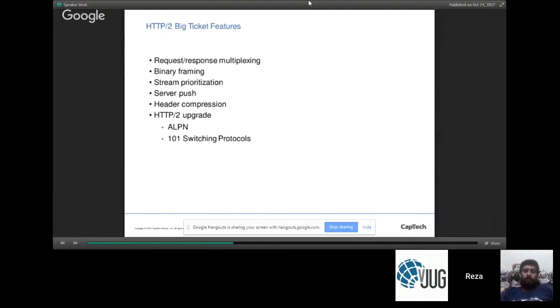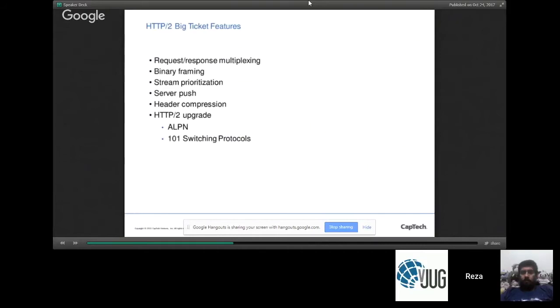Besides that, there's a bunch of other changes that have also taken place in HTTP 2.0. It's not just about multiplexing, although multiplexing is the biggest change. I'll talk about all of these changes, but I'll mention them briefly here. Binary framing is a big one. HTTP 1.1 is an ASCII-based protocol. All of this is now turning into binary, which will provide additional optimization right out of the gate.